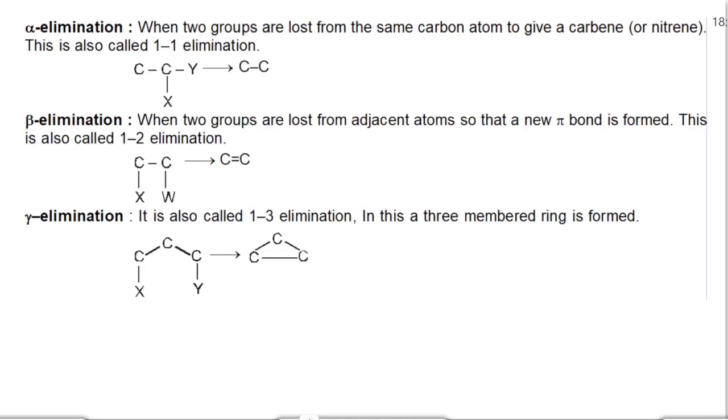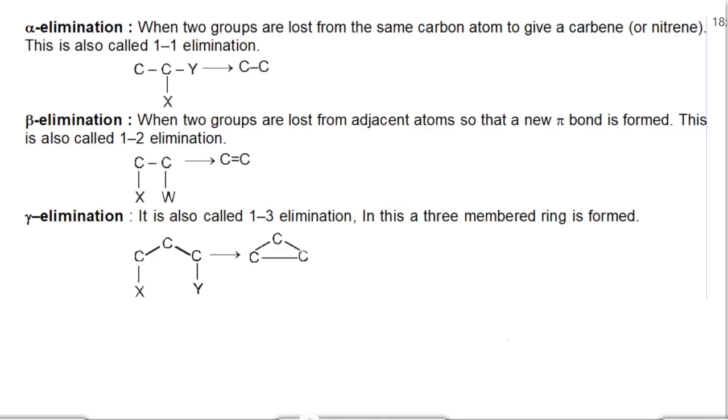There are three types of elimination reaction: alpha elimination, beta elimination and gamma elimination. Alpha elimination means that two groups are lost from the same carbon atom, and it gives a carbene. This is called 1-1 elimination. For example,